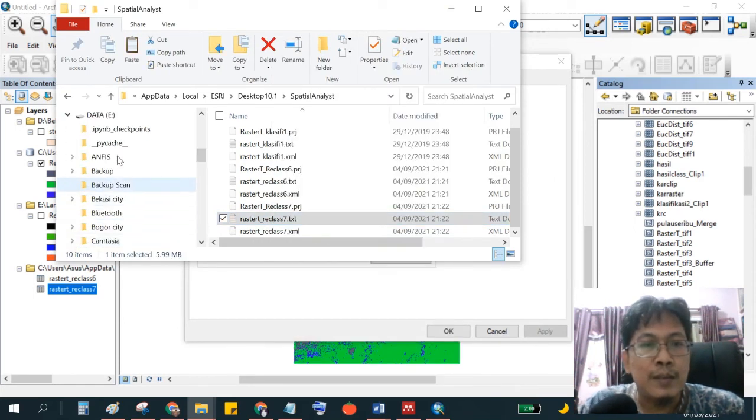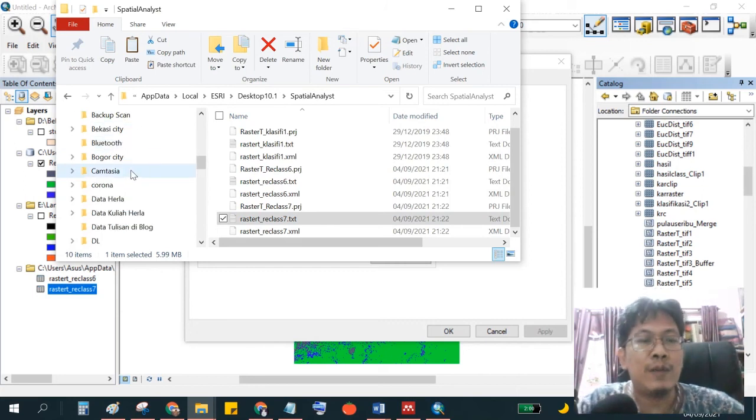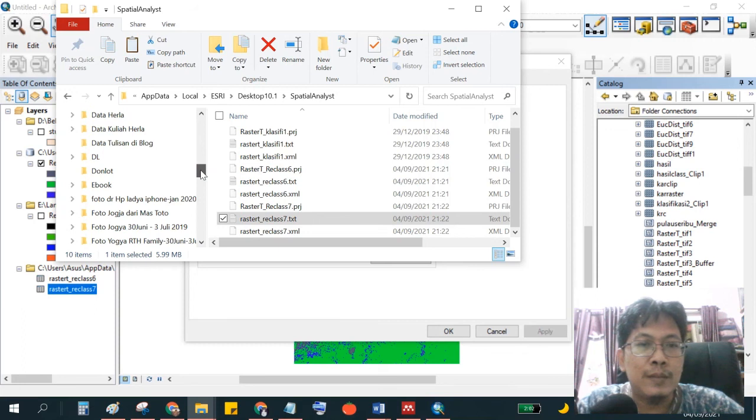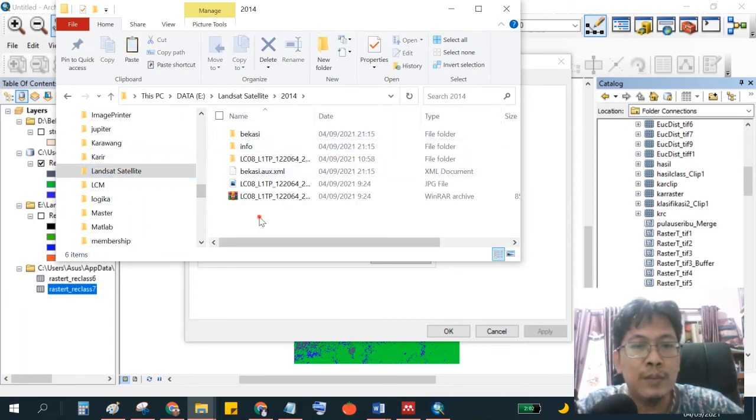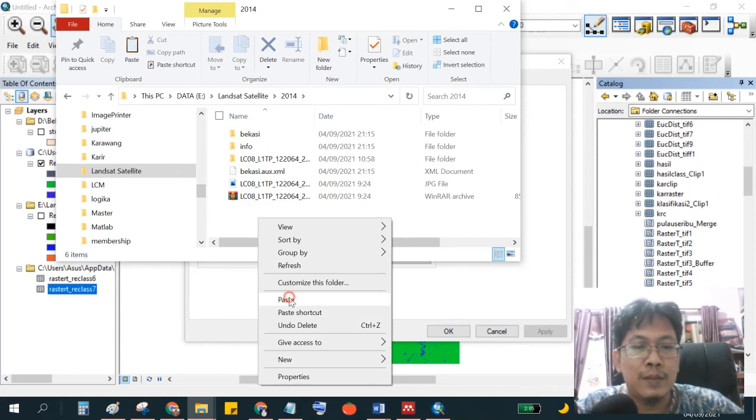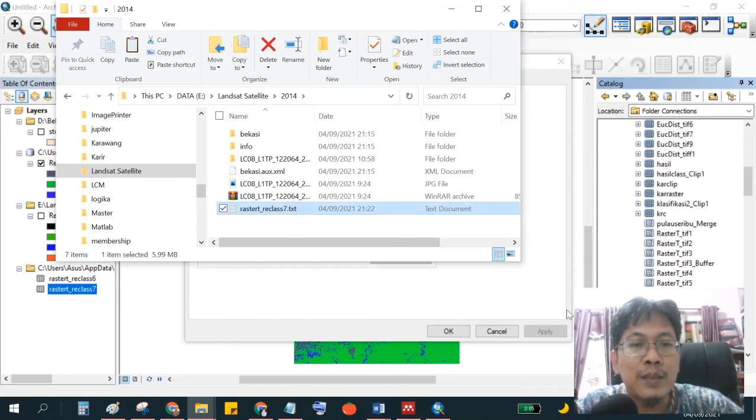This is in the default folder of ArcGIS or ArcMap. So we copy and move it into our location for importing in Idrisi. We paste here. The name is raster clip class 7.